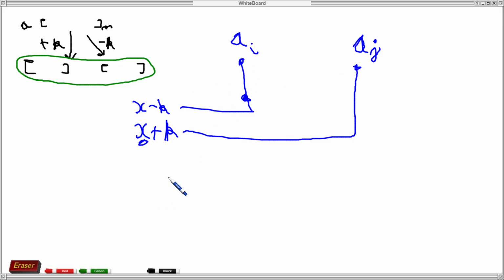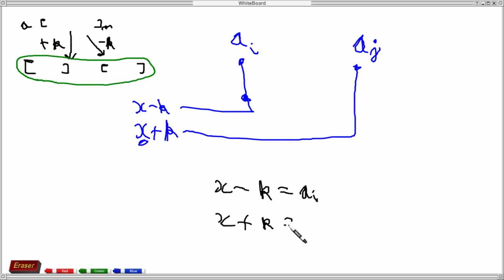Then let's find this X first. We know that X minus K equals AI, and X plus K equals AJ.